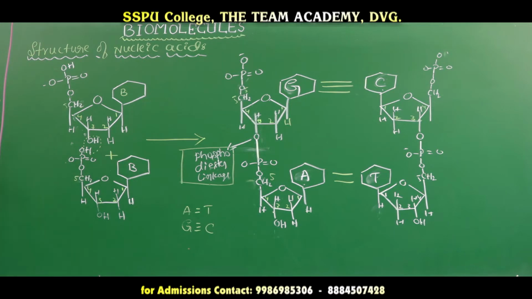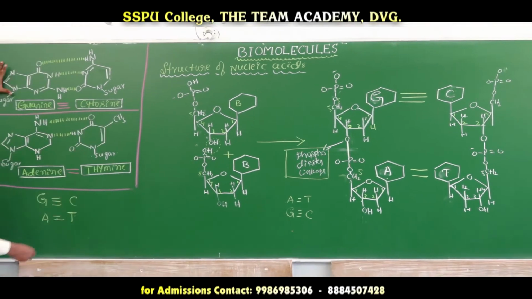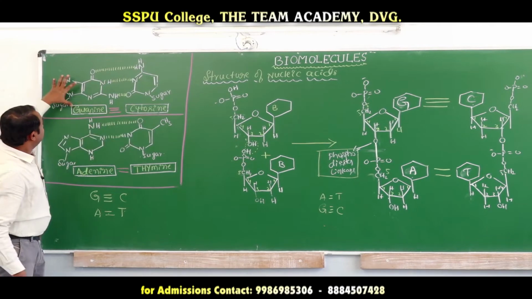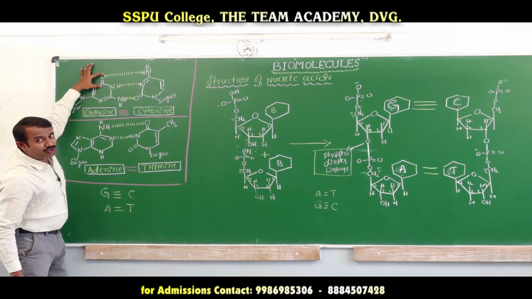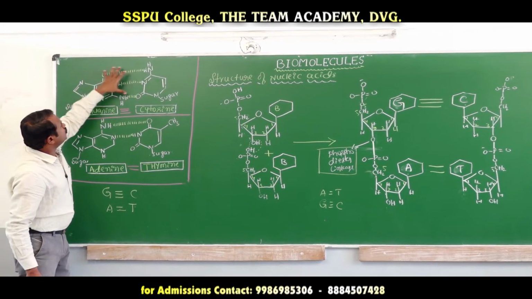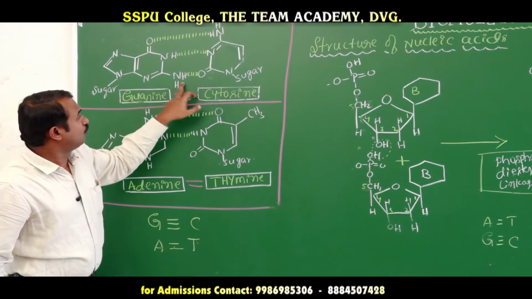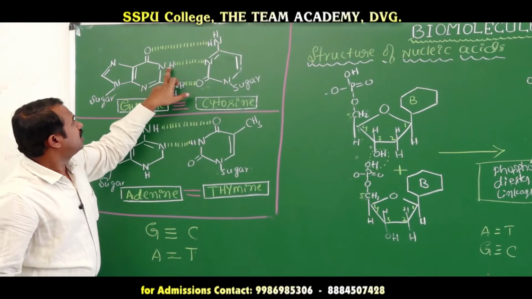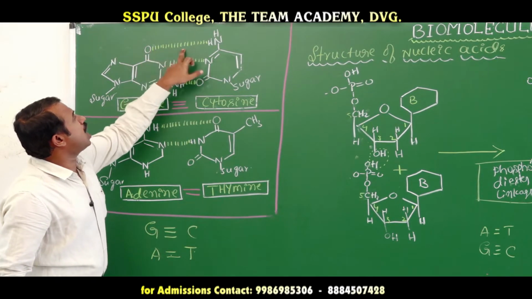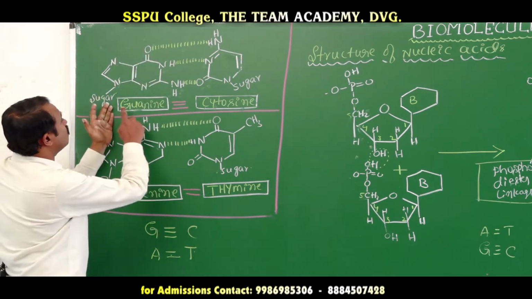When the hydrogen bond between the guanine and cytosine, here just concentrate on the hydrogen bond. This is a guanine and cytosine. This is a guanine, it is having a carbonyl group C=O, N-H, NH2. Here opposite it is having a cytosine, it is also NH2 opposite to carbonyl to form a hydrogen bond, one hydrogen bond, and NH and N second hydrogen bond, and CO and NH2 third hydrogen bond. How many? 3 hydrogen bonds, that is a guanine and cytosine.